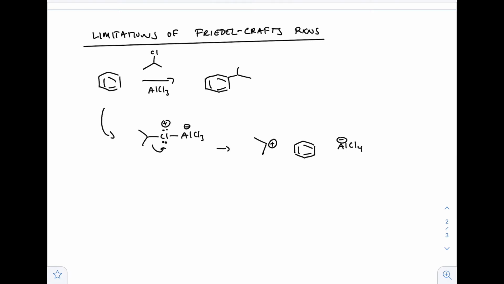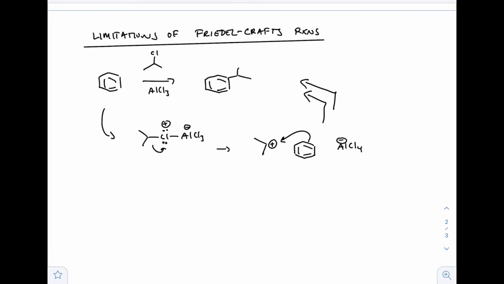And benzene can then come along and attack that, forming your carbocation intermediate. But then after reestablishing aromaticity, we get to our final product, right? I'm not going to draw that out for you. You guys know how to do that. So that's what the two arrows mean. We got a couple steps, right? And we get to our product. Okay, so